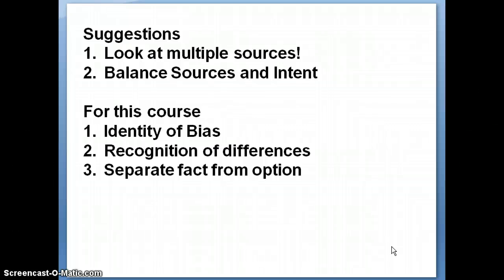Suggestions how to deal with that. Now that's a problem. So one of the things for this course here, look at multiple sources. So just don't go to the first source that you find and say, well, that must be right, I'm going to take that one. So when you go to a source on the internet, look at the supporting organization. Try to figure out, is that an organization that might have a bias?